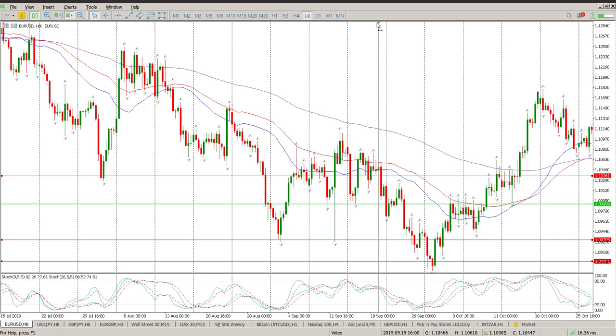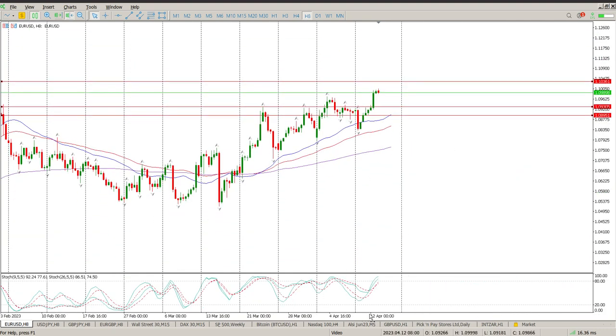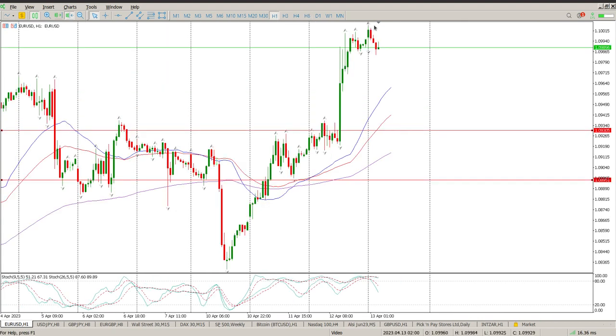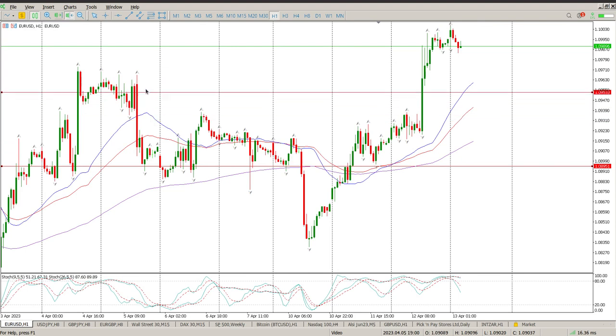But for us, looking for day trade opportunities, 8-hour trend is up. Don't like the way the oscillators are at the moment. That's indicating we're a little bit overcooked. And then we've got quite a few tails here, so it does look like a bit of a reversal happening or wanting to happen. So where is that going to be off? My